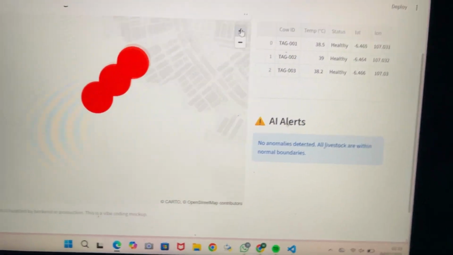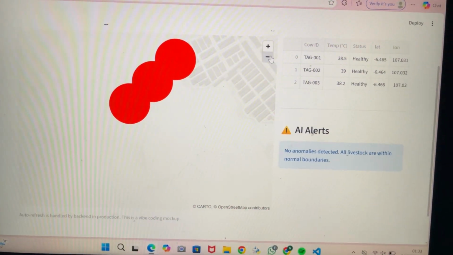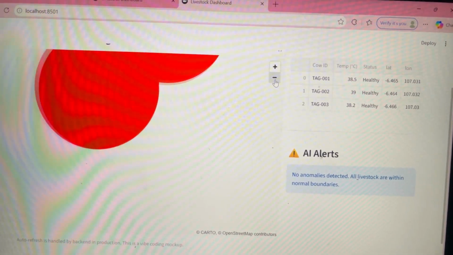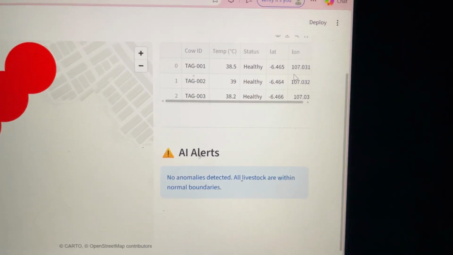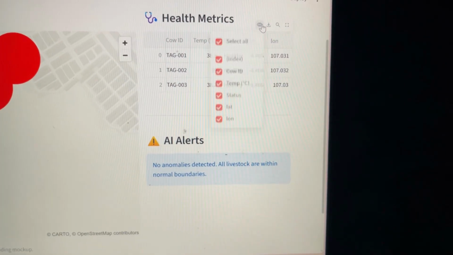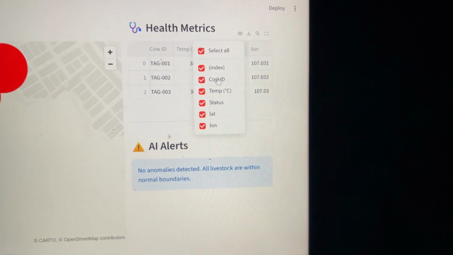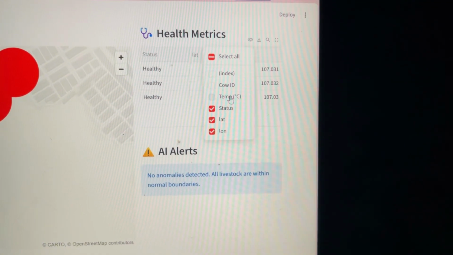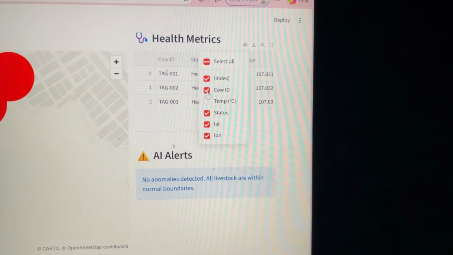And there we have it. On the left, our simulator is actively generating live coordinates and health data. On the right, our browser has launched a beautiful, functional tracking dashboard. We can see exactly where our cows are on the map, and we can monitor their temperature in real time.